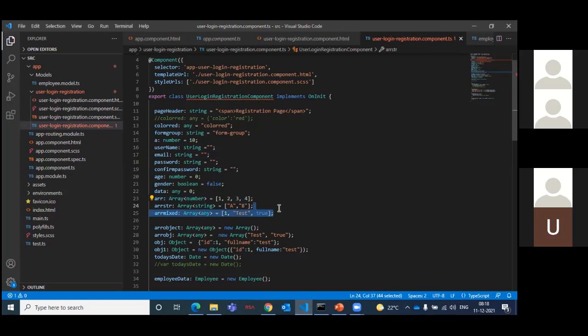No problem at all. But the recommendation is, as you practice, you will go with certain types. This is the syntax we need to remember: Array colon, name of the variable, array of type any. You need to put it like this, inside square brackets. There are two ways. Leave the second way; try to use the first way because this is the literal way. An array will be represented like this.